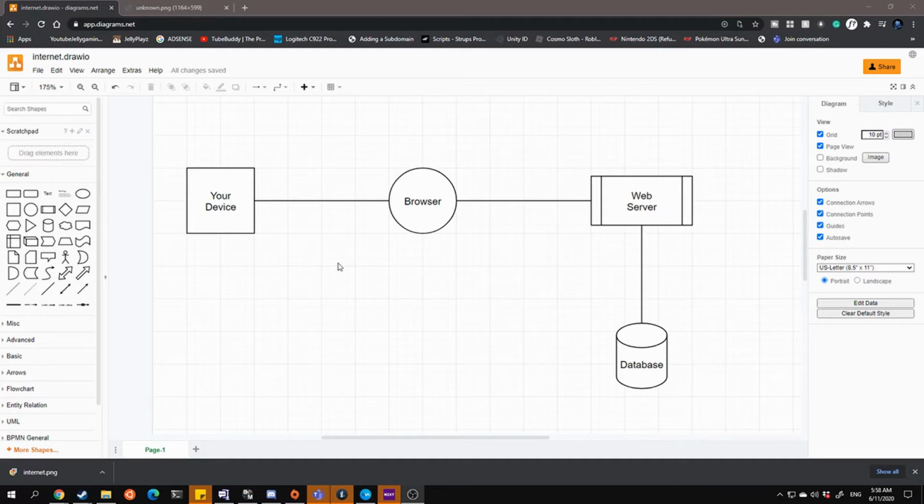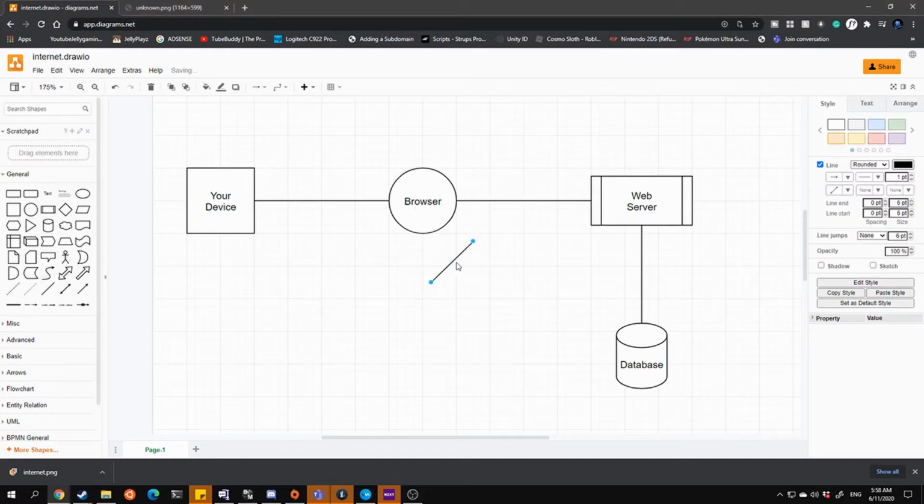So yeah, let's just get into the video. So, how does the internet work? How are you watching this video, you might ask. So basically, you have your device, this is you, right now, and you have your browser, which you're on, watching this video. Then you have a web server, which would be youtube.com in this case, and a database, which stores everything that's on youtube.com. So, what we have is your device, your browser more rather,